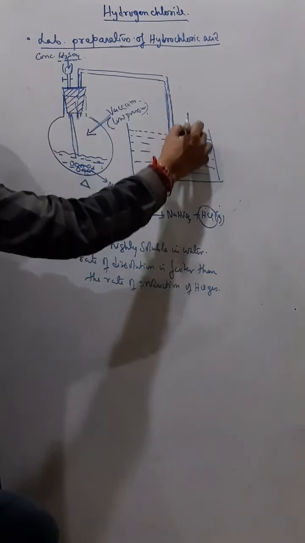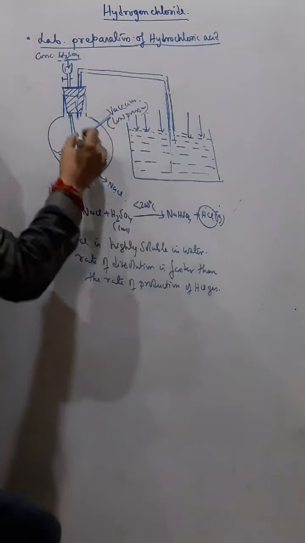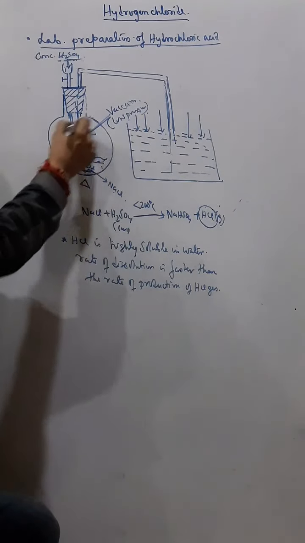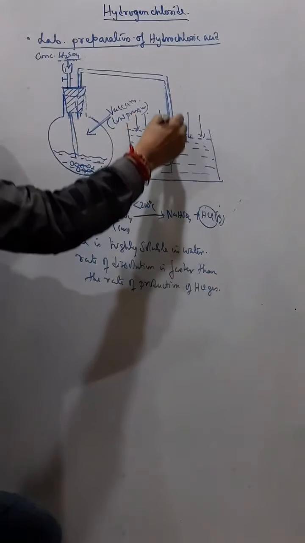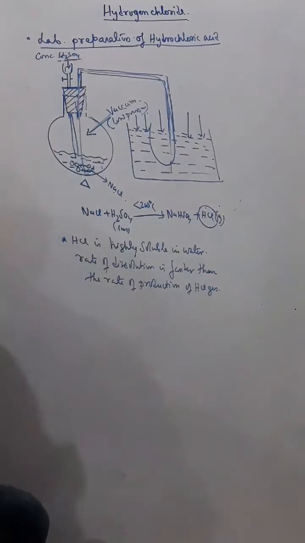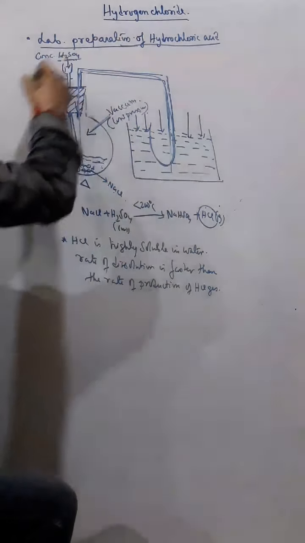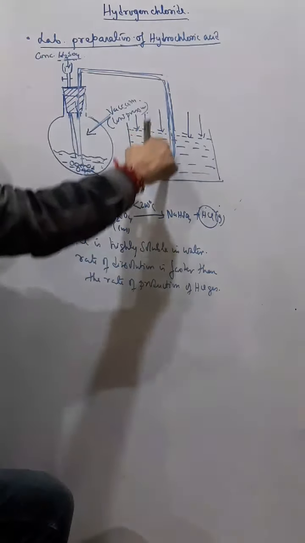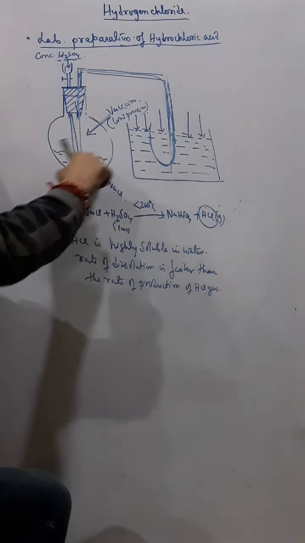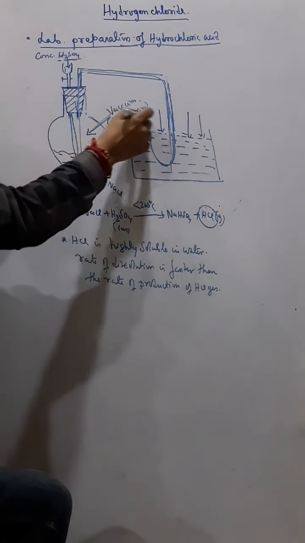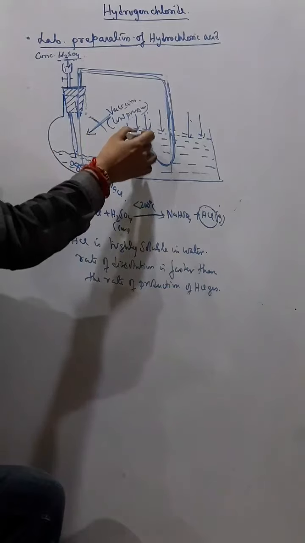Now here the atmospheric pressure, if the pressure is low here, and due to this atmospheric pressure, this water will be pushed up back to the flask, and this is called back suction. So that means as soon as HCl dissolves, and it dissolves very fast, producing a low pressure, a vacuum here, and due to this the atmospheric pressure here pushes this water back to the flask, and then what will